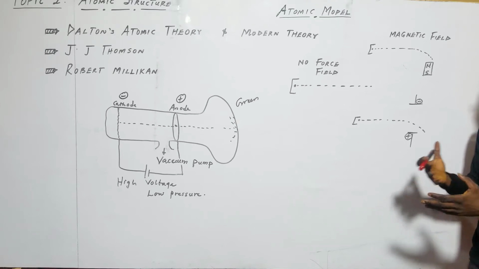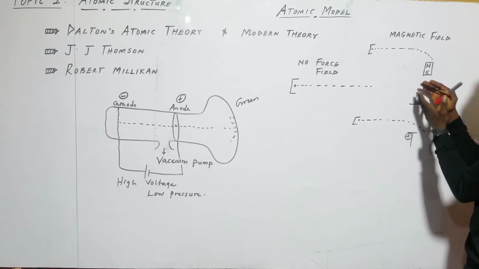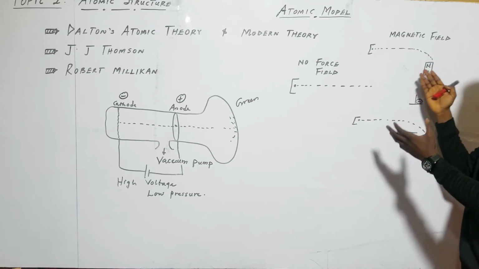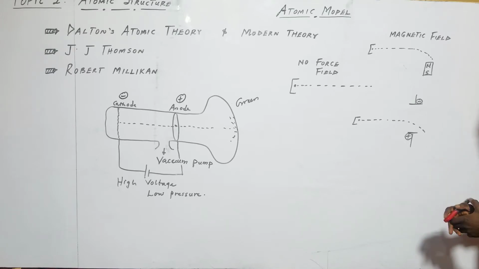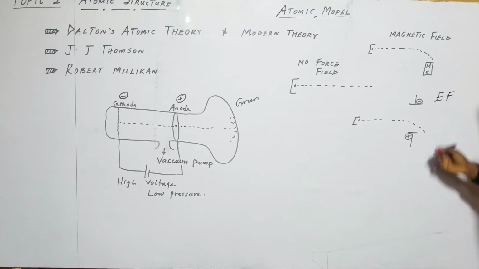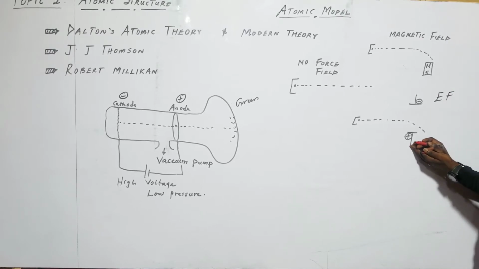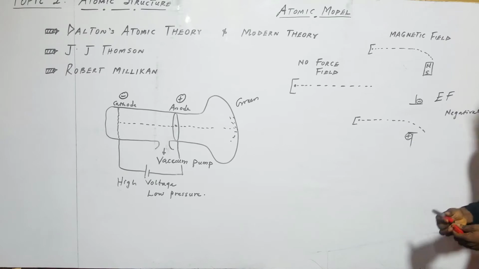A moving charge also creates its own magnetic field. So there is a tendency of the cathode rays acting like a magnet. When we get to physics, you understand what that means. Now, when you put it into an electric field, the cathode ray is bent towards the positive pole of the electric field. This shows that cathode ray must have been negatively charged for it to move towards the positive pole of the